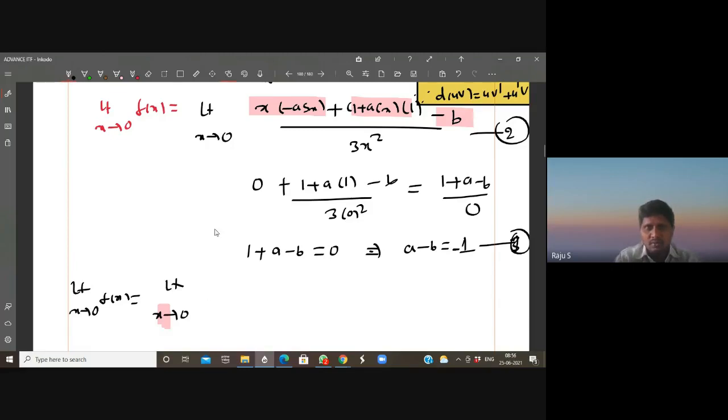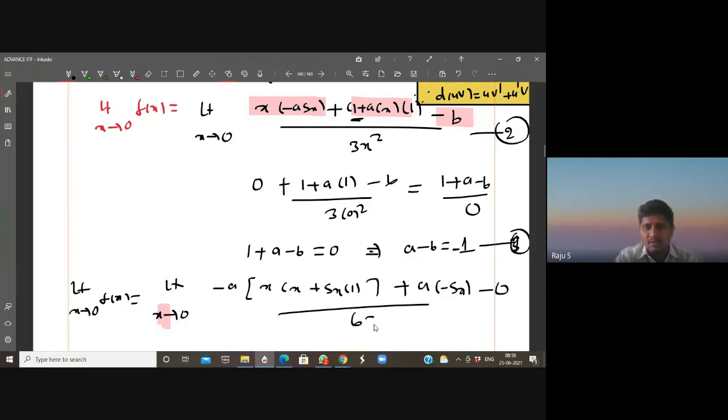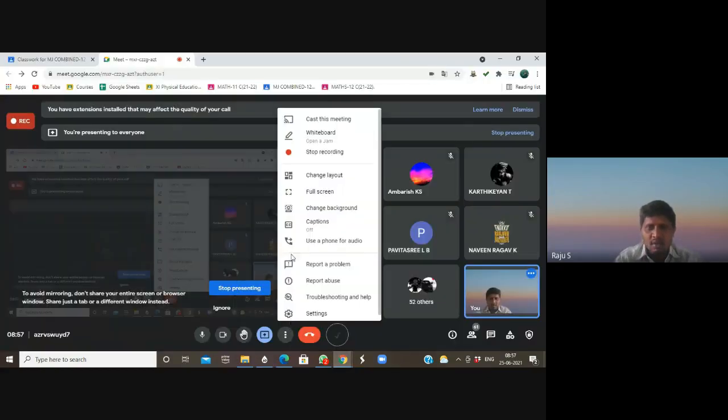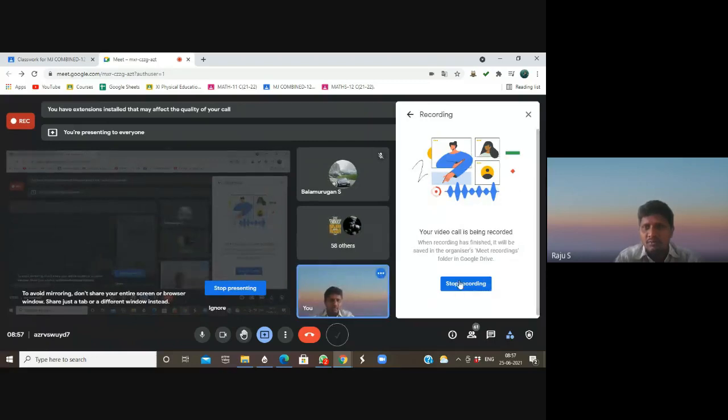Okay, time is over. Just 4 minutes only. Minus a times x into the derivative of sine, cos x, plus sin x into 1. The derivative of 1 is 0. The derivative of a cos x is a into minus sin x, minus 0. That's it. The derivative of x cube by 3x square is 6x. I differentiated the numerator and denominator. Now again you can substitute x is equal to 0. That's all. Again we are going to get something by